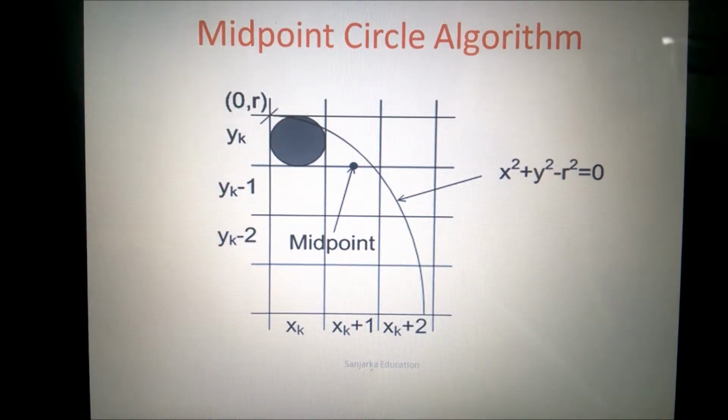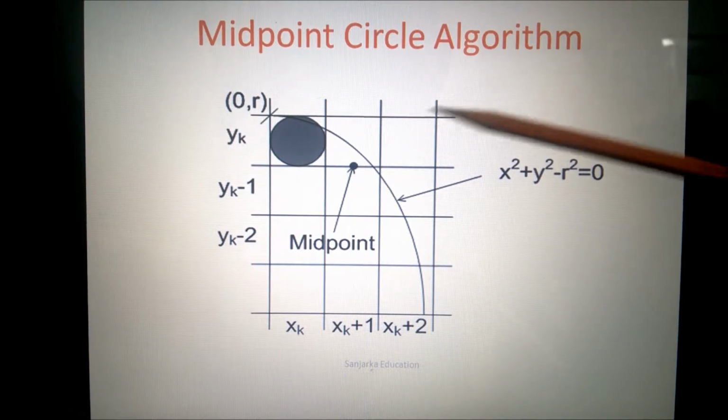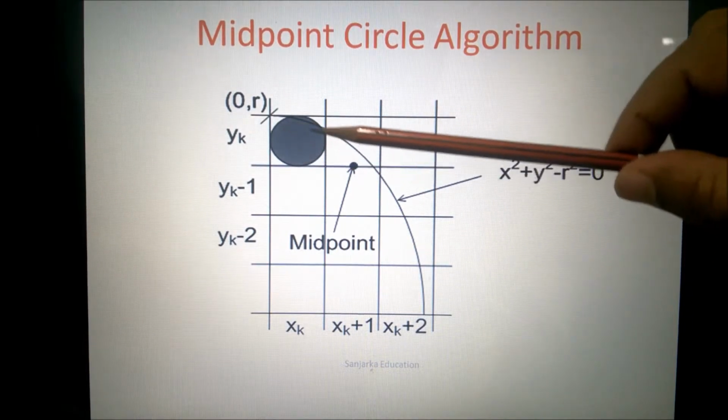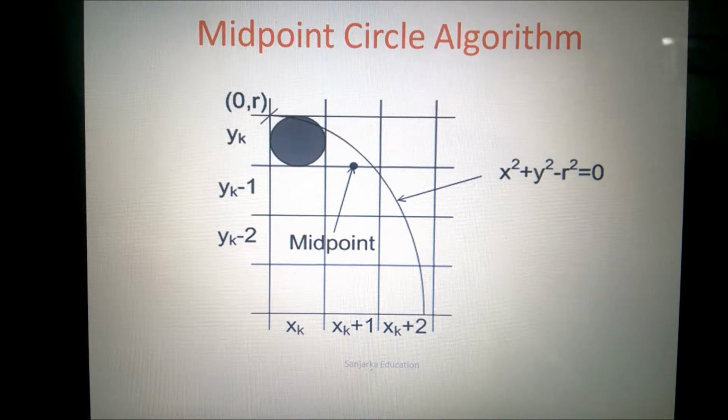Midpoint Circle Algorithm. In this algorithm, pixels will be selected so that we can get a smooth circle. We are considering a circle of radius r and center at origin. Therefore, this is the equation of the circle. Now, here I am showing a particular pixel has been selected in the